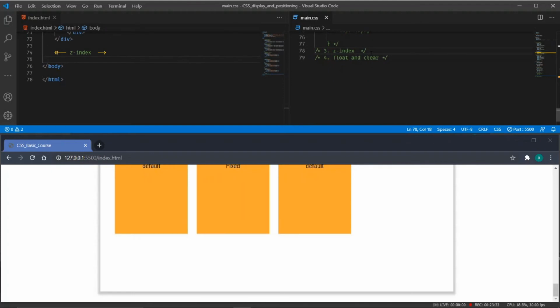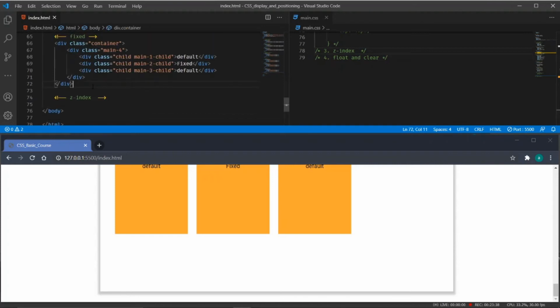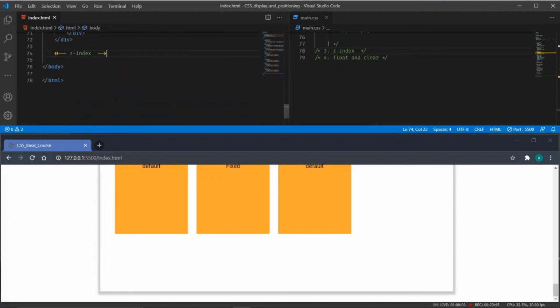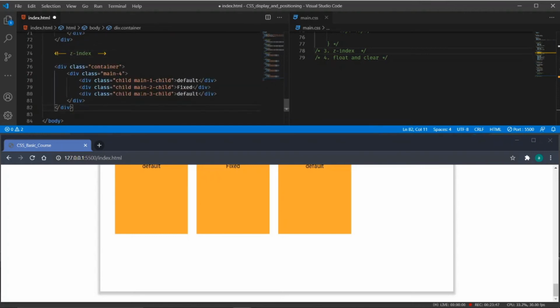So next we will go with the z-index, and for the z-index I will use the same code as above. I will use the same container with the child elements but with different namings. So I will use the same markup.